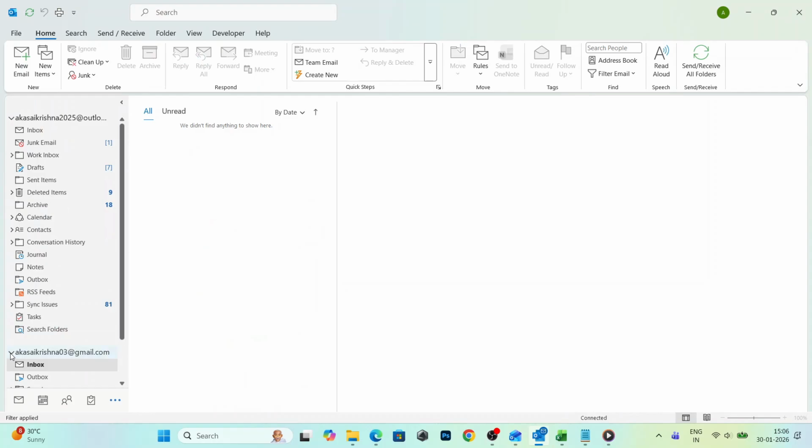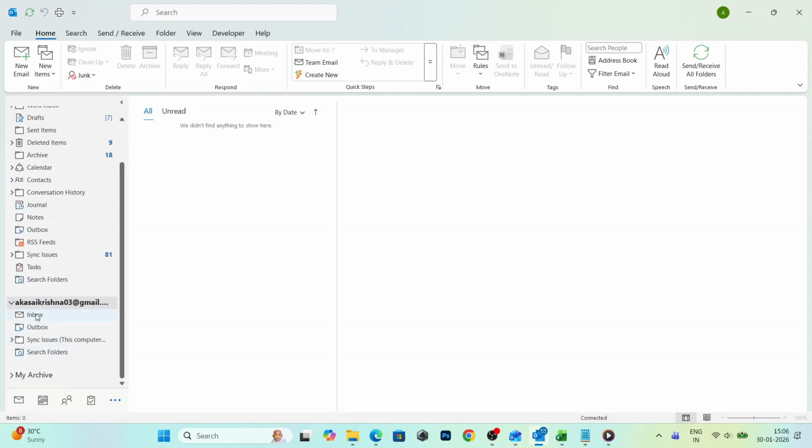As before, give it a little time to bring everything down and you'll see your Gmail folders populate in the